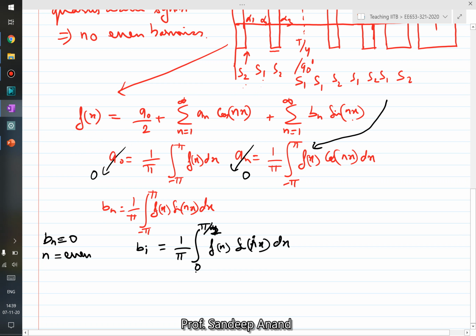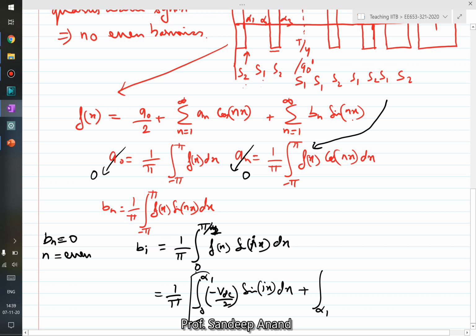You can further write it as 1 upon pi integral. Instead of directly going 0 to pi, let's go from 0 to alpha 1. f of x is minus Vdc by 2, sine of ix dx,